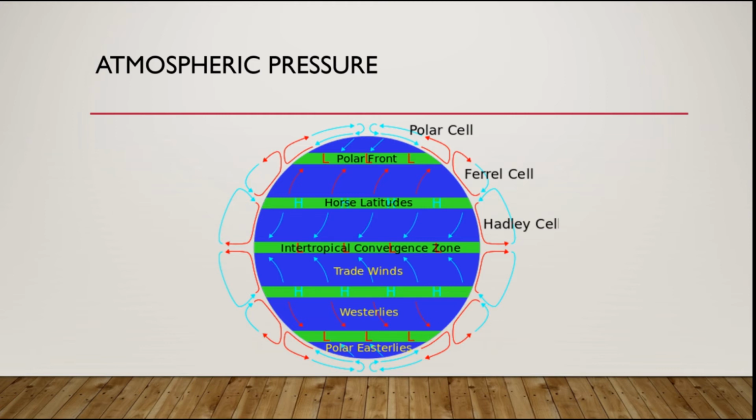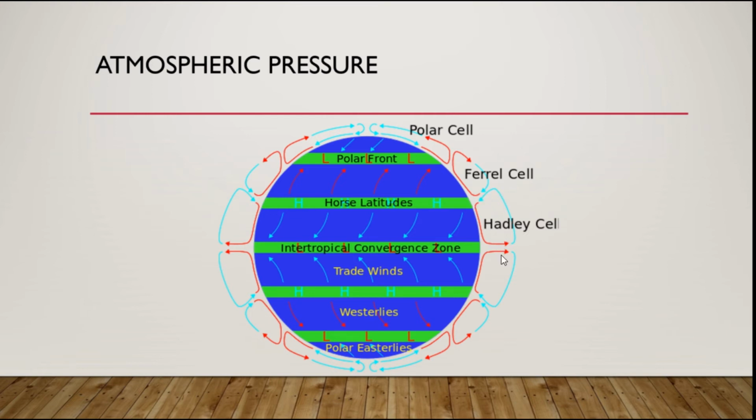The next major factor which controls the ocean water salinity is the atmospheric pressure. I hope you all know about the atmospheric pressure belts. The equatorial region is a zone of low air pressure. The warm air at the low latitudes, that is from the equatorial region, rises and moves towards the poles. As the air moves towards the subtropics, it descends.